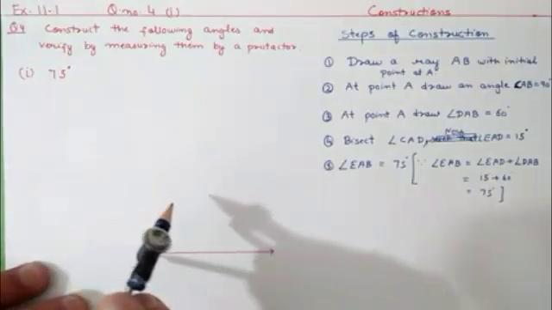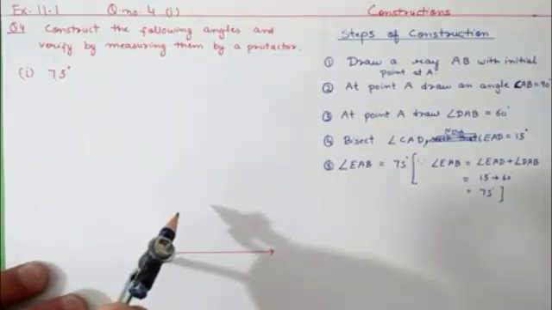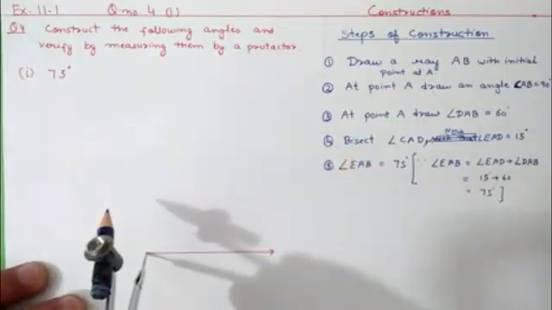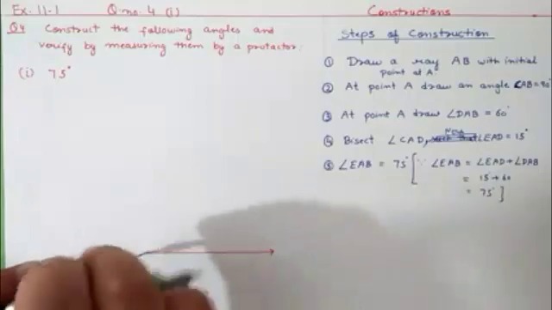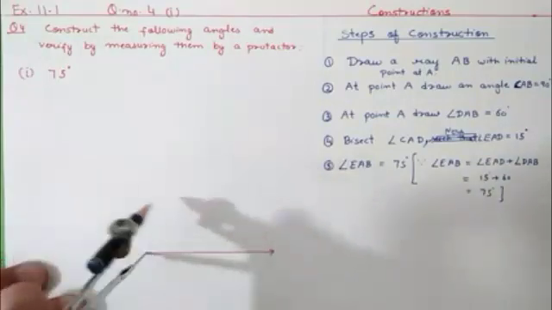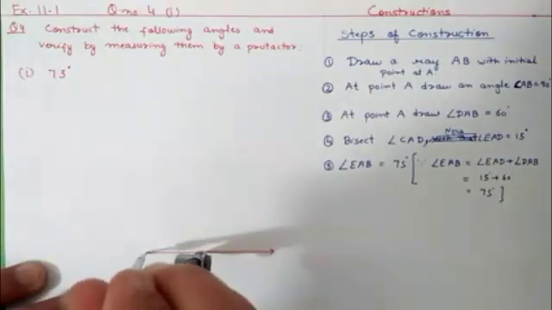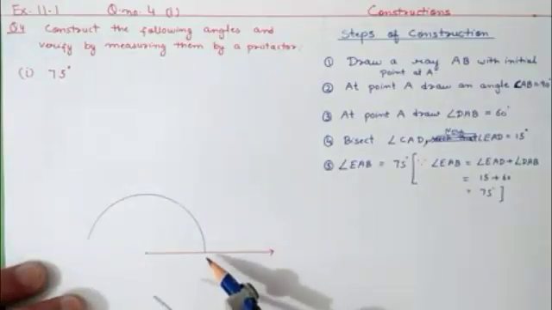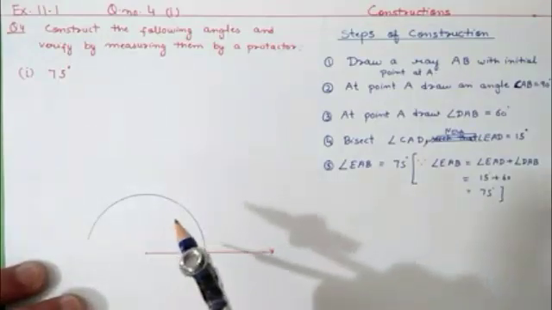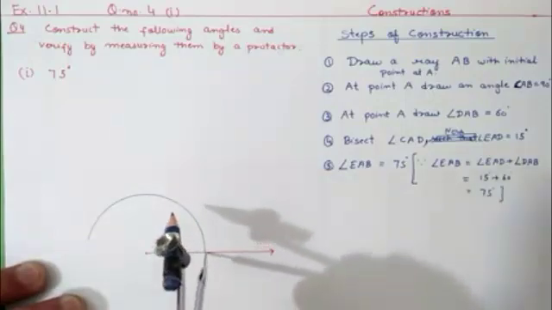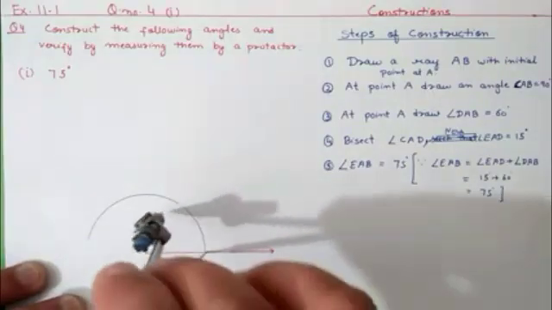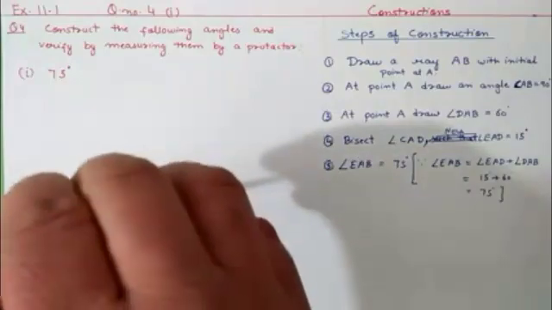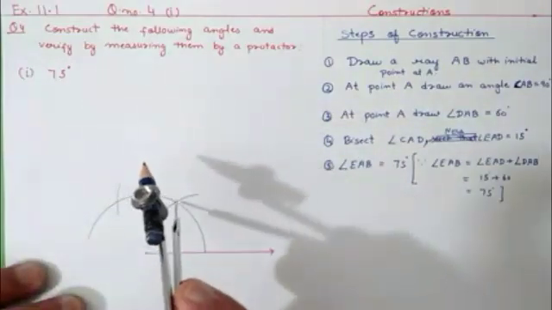And now take any radius, not so big, not so small. Take one radius, don't change the radius, and then draw one arc over there. So like this we will get one arc over here, which is intersecting the ray AB at a point. Okay, from that point, without changing radius, we will get one arc, that is the 60 degree arc. Again from the same point we will construct one more arc, that will be our 120 degree arc.